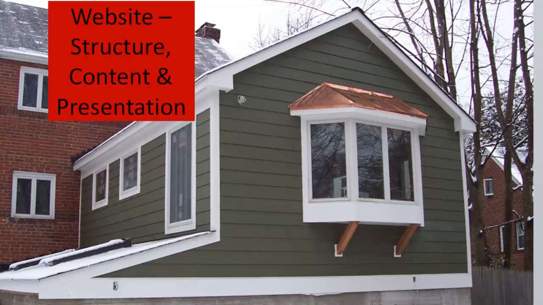And for instance, on this picture right here, if I had decided that I wanted to use yellow siding instead of green, I wouldn't have changed my content, I wouldn't have changed my structure, I simply would have changed the presentation, and instead of having a green section of this house, I would have a yellow section of the house,